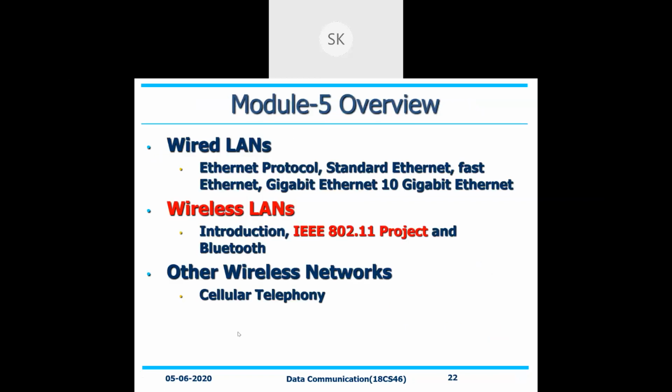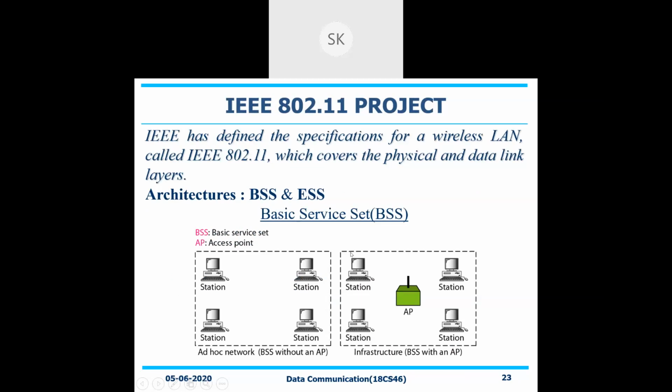In wireless LAN, we have one particular standard by the name 802.11. 802.11 is wireless, 802.3 is wired. So keep that in your head. It has been listed under the IEEE itself, the 802.11 project. Under this, we need to look into how this wireless communication is going to happen.